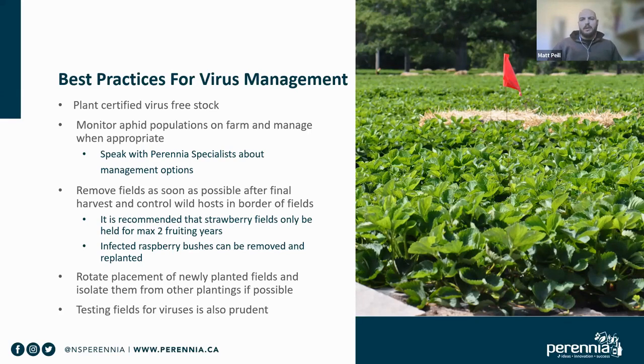Generally speaking, at least for strawberries, it's not recommended to carry over a fruiting field for more than 2 years. So I guess 3 years in total, including establishment, but then only 2 years of fruiting. After that point, the risk of viral disease development is too high, and there will be diminishing returns on the field. And once those fields are in their final harvest, they should be removed as soon as possible after that